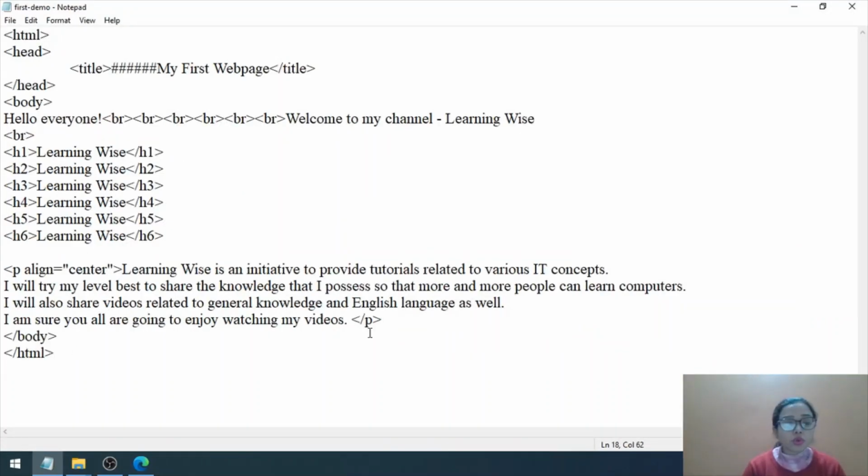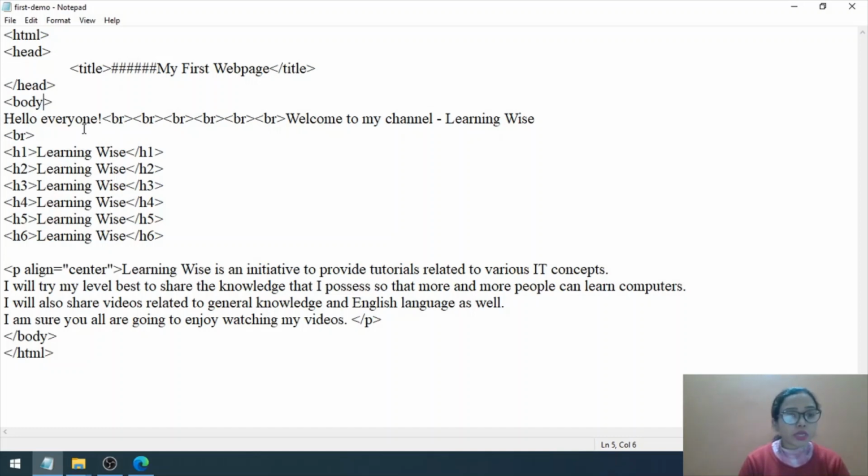Now let us go and check out the attributes of the body tag. We have got this body tag as you can see here, and the body tag has got three very important attributes as per the course of class 6th and 7th. We have got the attribute called BG color. Then we have got the attribute named background, and the third one is text. So let us try them one by one.